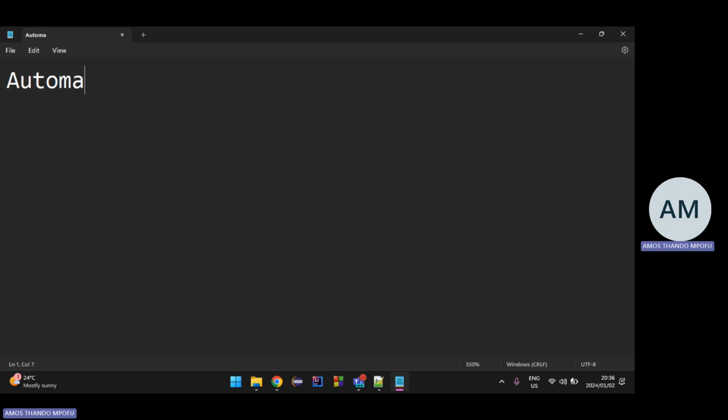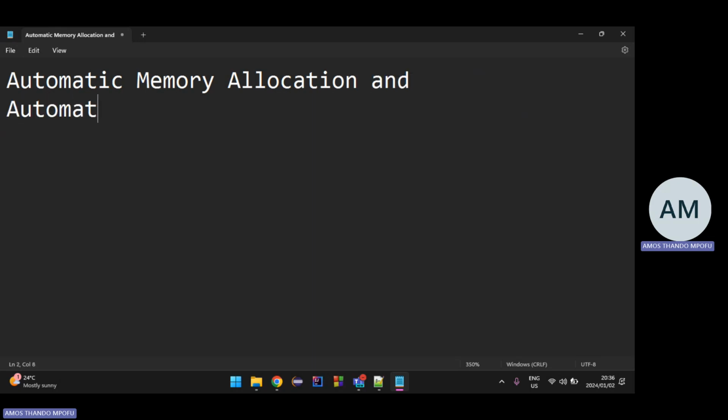It has automatic memory allocation and automatic garbage collection. So there's automatic memory allocation and automatic garbage collection, or automatic memory collection.